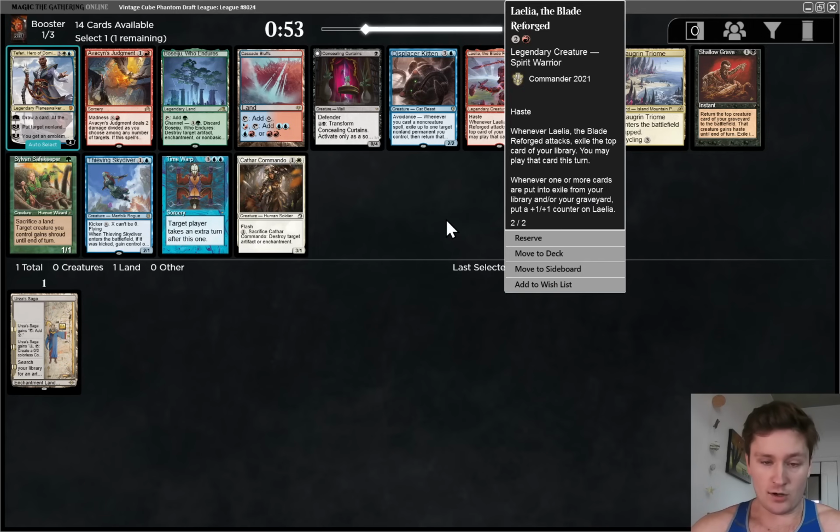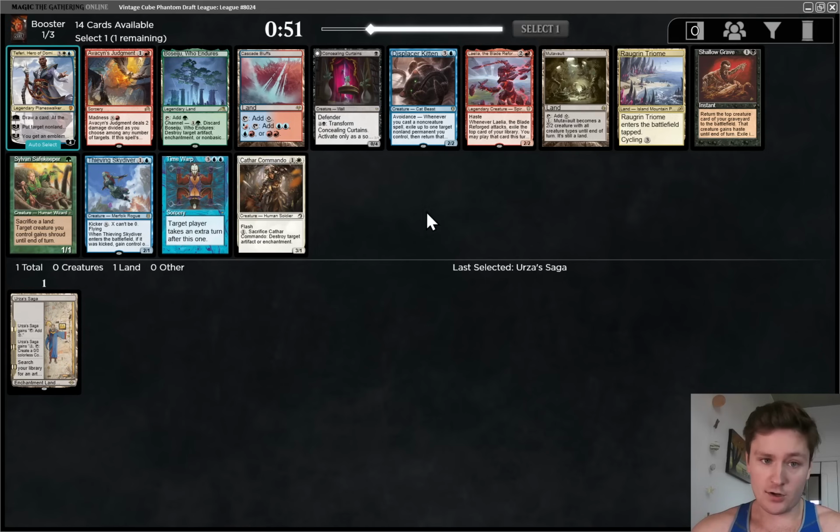Lelio is very strong. That's an option. There's also Cathar Commando, which I like a lot, and Teferi. Teferi is very strong, but it's also 5 mana and not the best with Saga. I just passed all the red stuff, so I think I'm not going to take Lelio for that reason. If we hadn't passed all these good red cards, I might take this, but I think I should just take